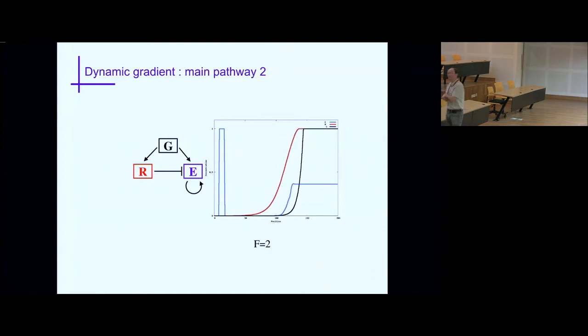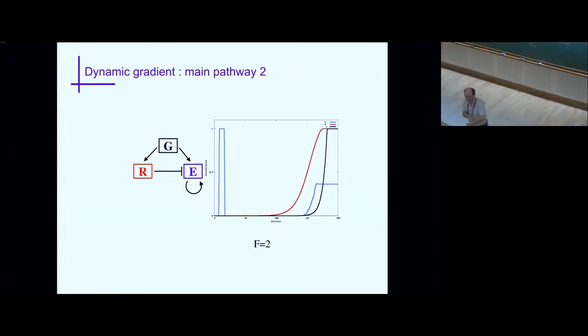But then the effect of this is that you have a transient phase where E was activated before being shut down in the cells that are more posterior. So I show you again the movie, but the thing you should see now is that this is making a nice stripe. This is one stripe. This is essentially a stripe network. So this very simple network creates one stripe of E expression.